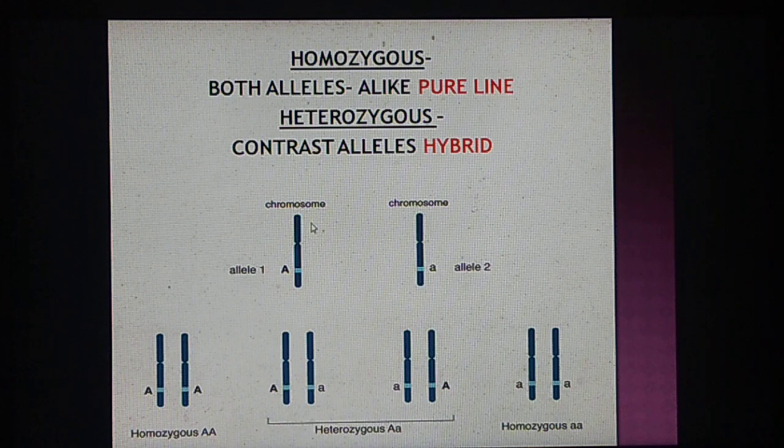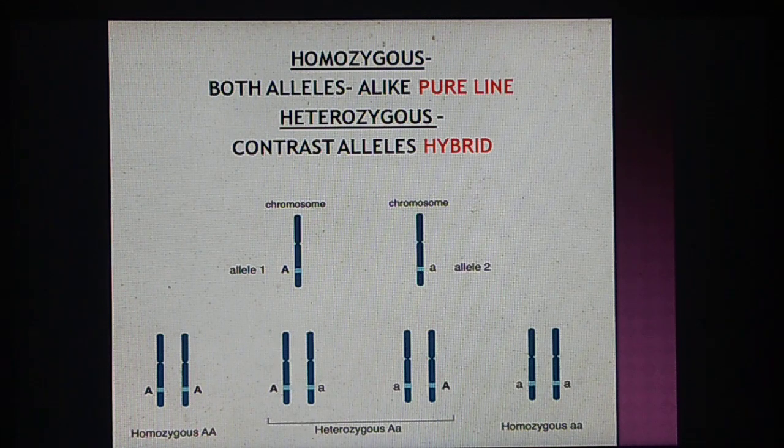Say, for example, this particular allele at a particular locus is expressing a particular trait. At the same locus on the other allele on the homologous chromosome, the same trait is being expressed, but one is given as capital A and the other is given as small a. Now, what are the different possibilities wherein homozygous or heterozygous alleles can be formed? There are altogether three possibilities which we see here.